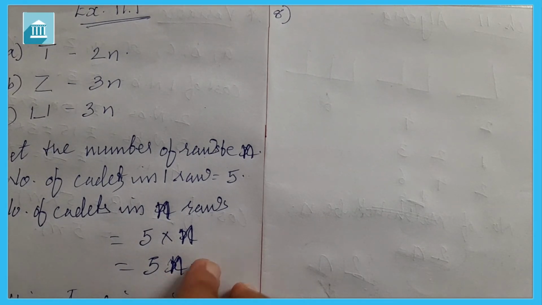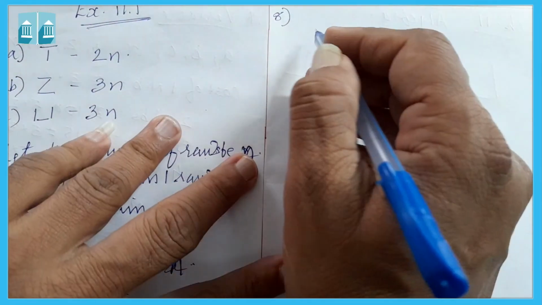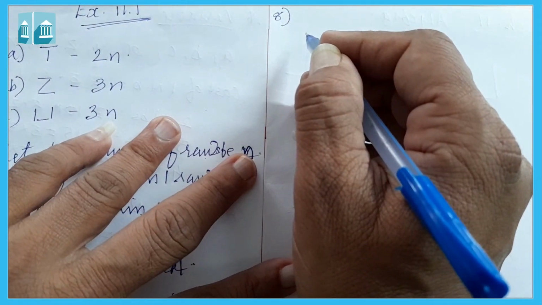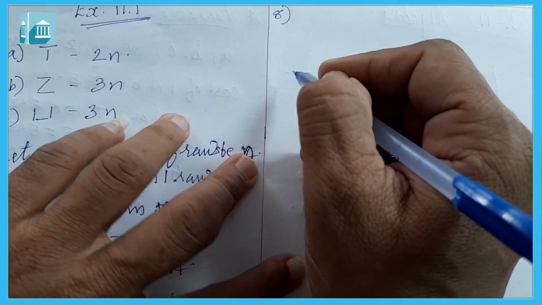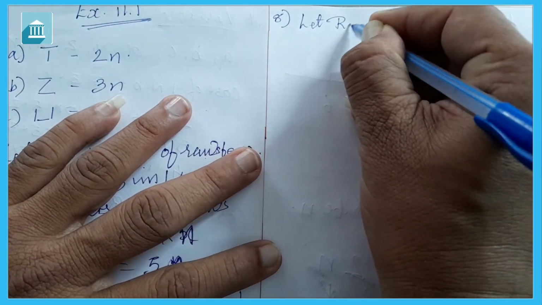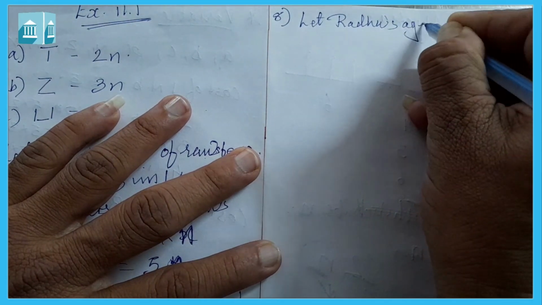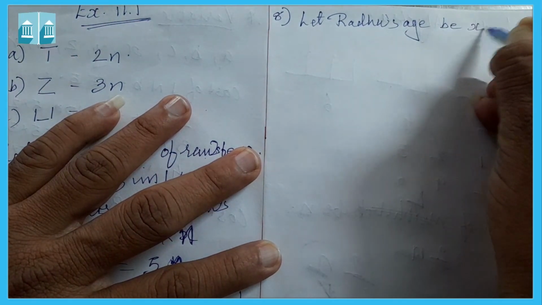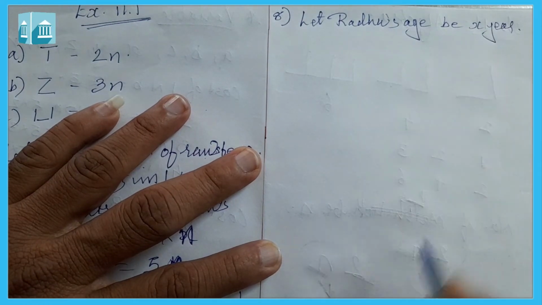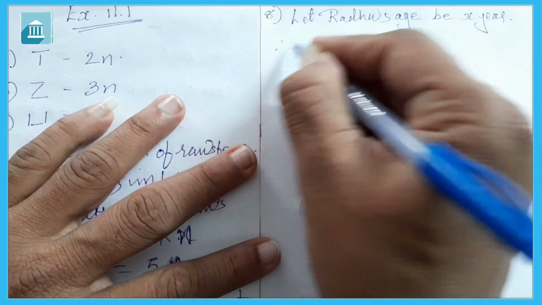Now both the ages are unknown, but here it is given that Leela is 4 years younger. So a clue is given about Leela, nothing about Radha. So Radha's age is unknown. Now take Radha's age to be x years. So let Radha's age be x years. Now it is given that